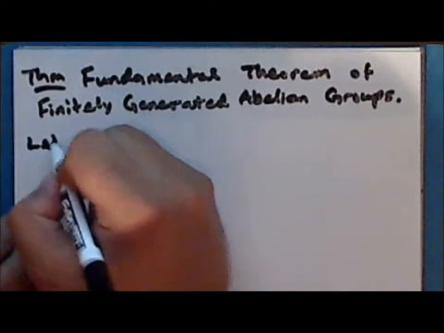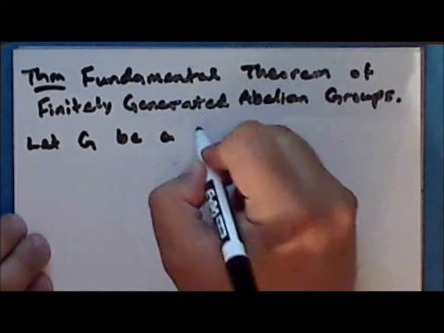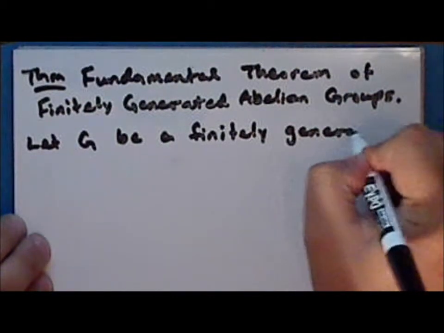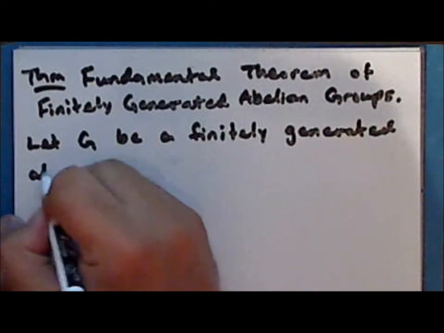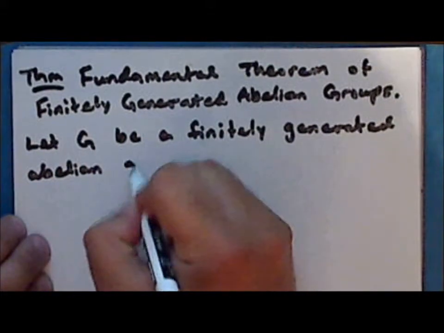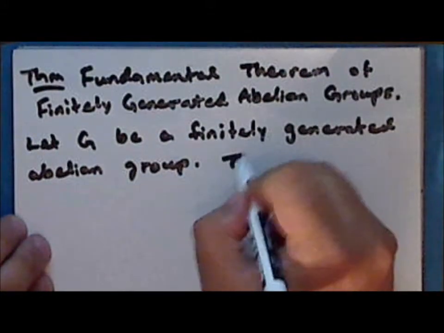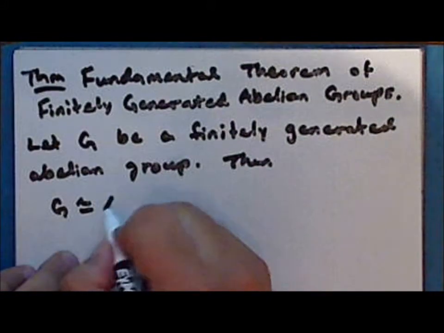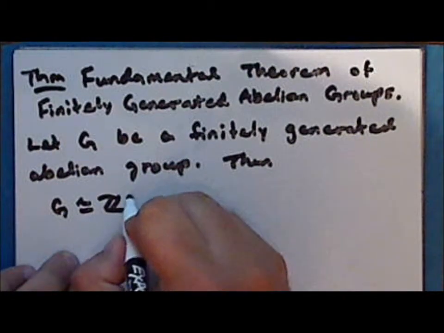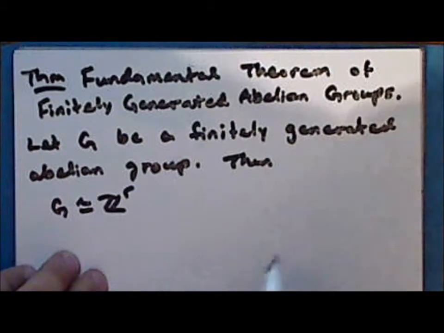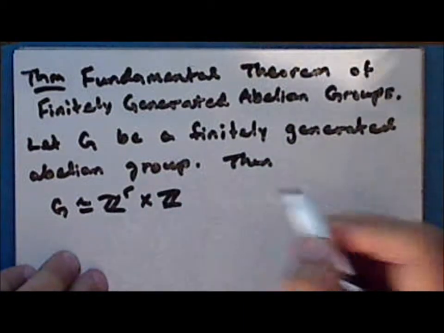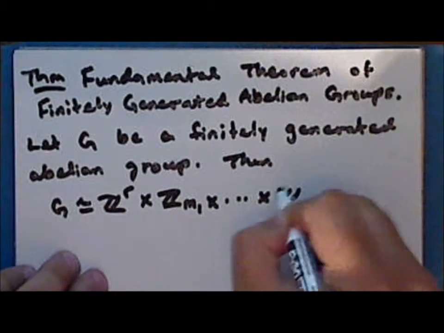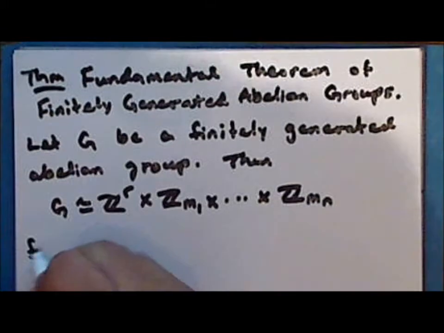And the theorem states, let G be a finitely generated abelian group. Then G is isomorphic to the direct product of a free abelian group of rank R times the integers modulo m sub 1 and so on times the integers modulo m sub n for some